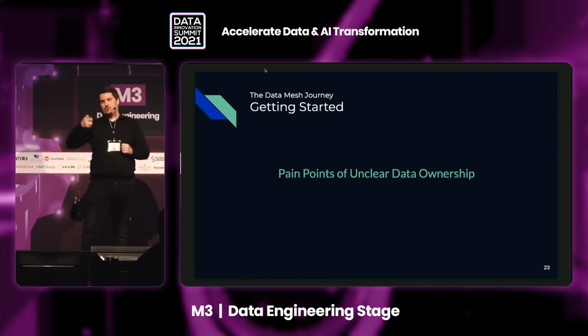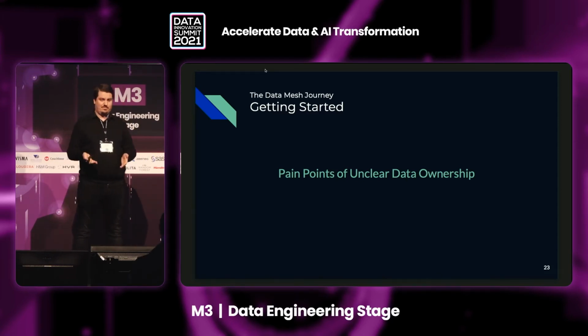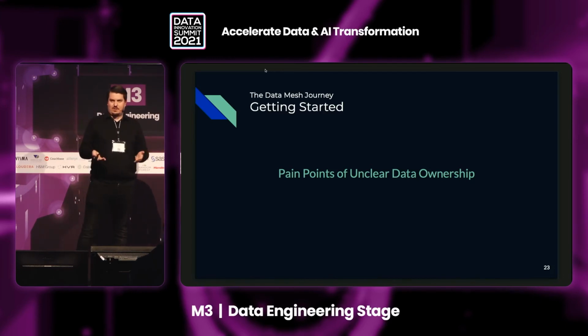This person got a contact from another team and reached out to that team. It took them a week to get a response, just to learn that they are not responsible for this. It took them another week to get a second response, to learn that they don't even have any idea whom to contact in the first place. They were stuck. They talked to their local BI team. They found out that there's a central data lake team, so they started talking to them. They figured out that there was actually a data set that was fulfilling their purpose. And digging deeper together with the engineers from the data lake team, they realized that the owning team of that data that was originally producing it was, of course, the very first team that they already talked to.